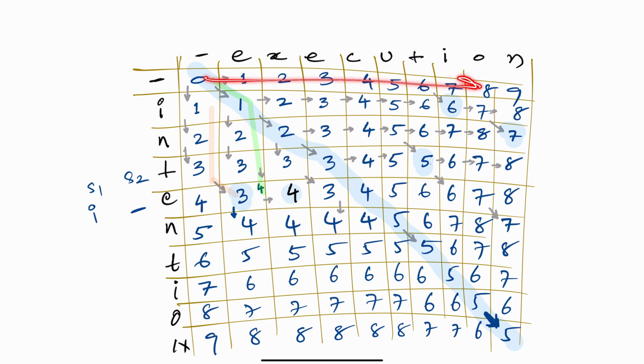This row is clear, we are performing insert operation to convert a blank into execution. That's the reason the first line of the program is initialize everything with 0, then convert the first row to the length of the text, and this also converts to the length of this s1. Now